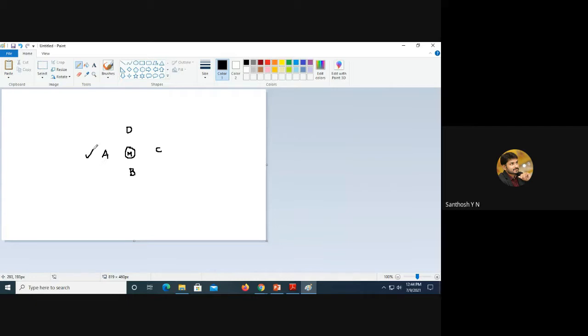If I'm energizing A and B, the motor will be rotated towards this side, only for this much step. It will rotate only in an anti-clockwise direction, because I'm energizing the coils in the order ABCD. If A and B are energized, the motor is rotated only till this step. If I'm energizing B and C and not A, then again the motor will be rotated anti-clockwise only until this step.